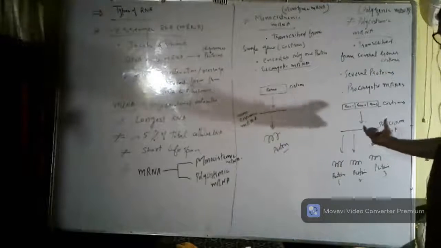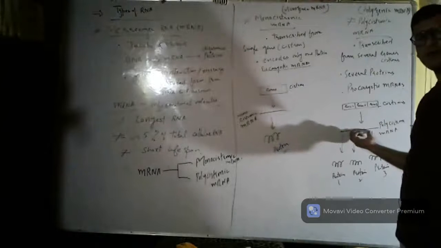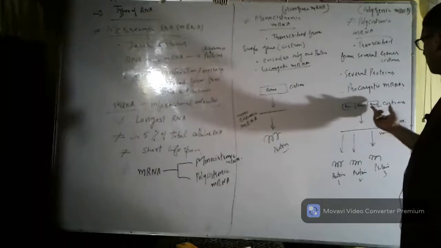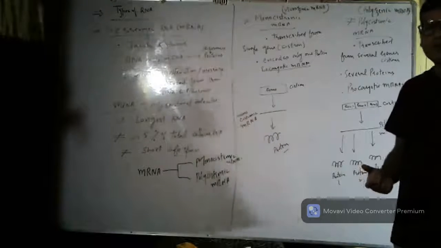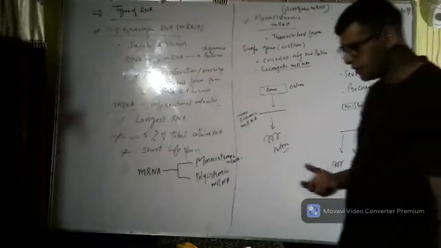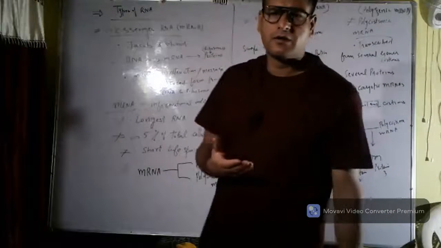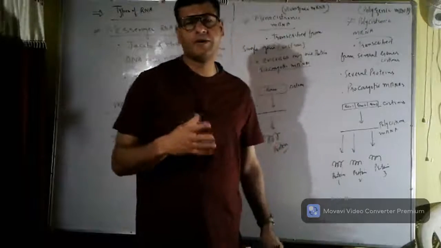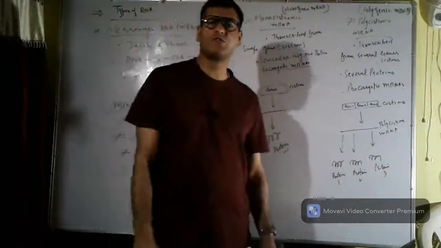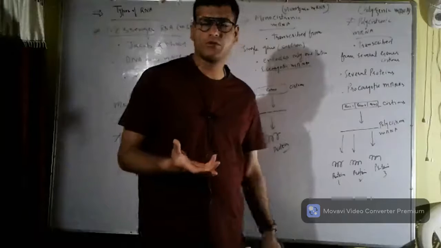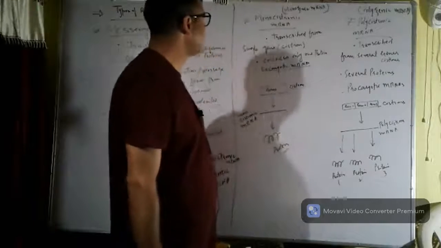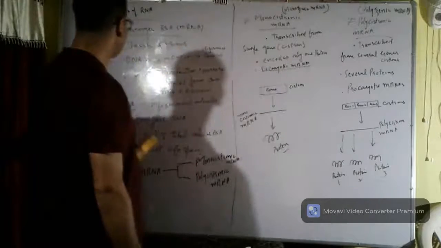This is polycistronic mRNA or polygenic mRNA. That means this mRNA gets transcribed from several genes or several cistrons. So monogenic mRNA is also called monocistronic mRNA, and polygenic mRNA is also called polycistronic mRNA. This was what we mean by polygenic mRNA, polycistronic mRNA. Then we have